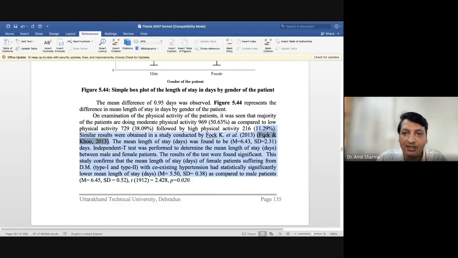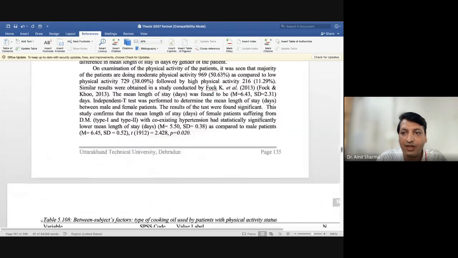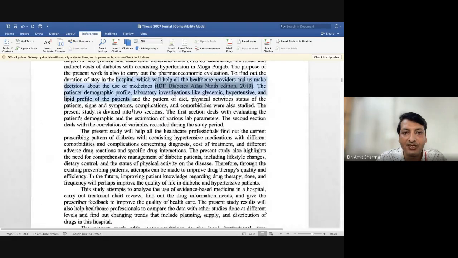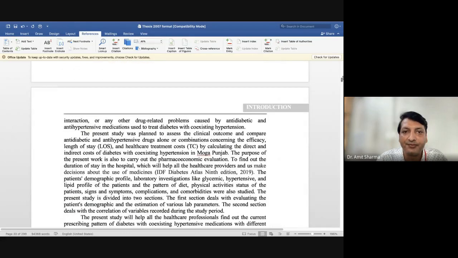So these are the citations which you are finding in darker color. And if I do it like this, then you can find that this IDF Diabetes Atlas 9th edition 2019 is the reference. I have not written the reference myself, that was done by the software called Mendeley itself.